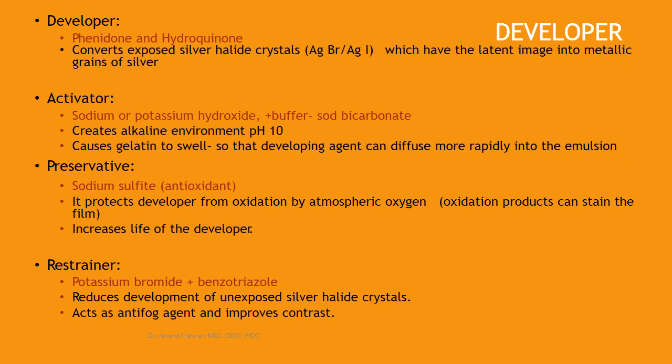When we discussed the composition of the film, I told you that there is a super coat for protection of the emulsion layer. Otherwise, the emulsion layer might get damaged. Now, if this chemical has to penetrate through those protective layers and reach the emulsion, which consists of the silver halide crystals, it has to soften up so it's able to absorb this chemical. So the role of the activator is to soften up this external protective coat, so that the developer is absorbed within the film, and hence the silver halide crystals get converted.